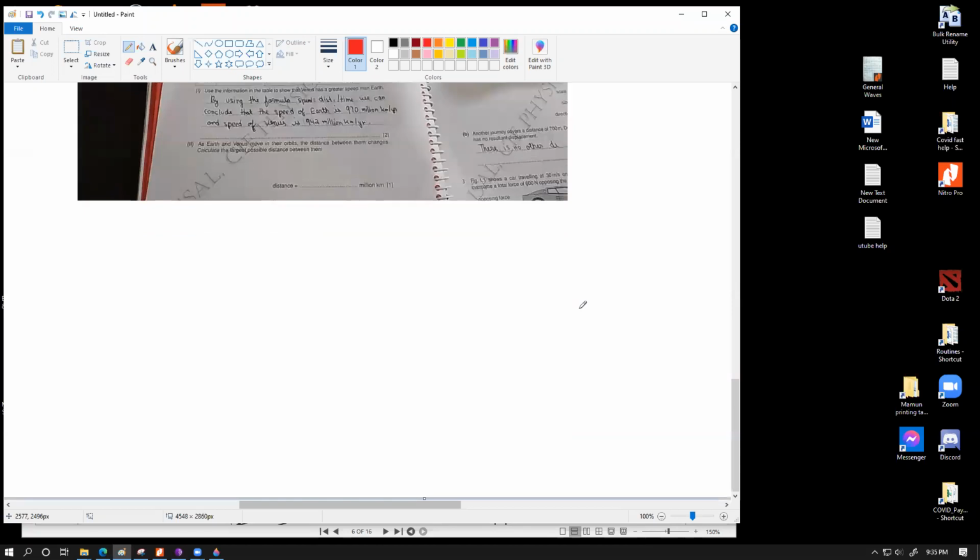Because it says largest distance, so suppose this is the Sun, this is Venus's orbit, this is Earth's orbit, okay? So if you subtract, that means they are closest to each other. Closest to each other means when they are in the same line, and let's say Venus is over here and Earth is over here. This is your closest distance. This will not always be like this, but for this case you get the closest distance for which you should subtract their radii. If you want to find the farthest distance between each other, that is the situation for, let's say in another scenario, Earth is over here and Venus is right on the other side of the Sun, right over here. In that case they would have the largest distance, right?